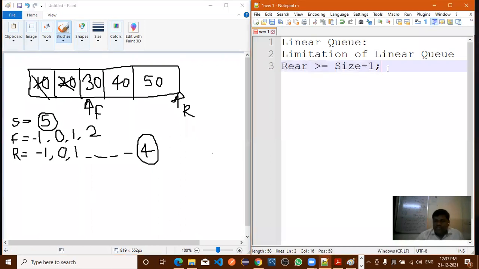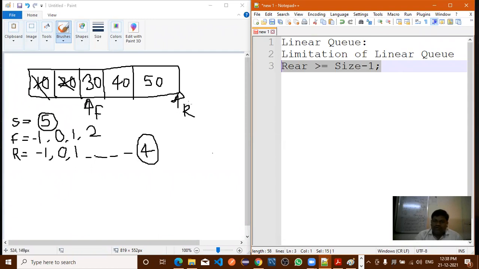Now we are checking whether the queue is full or not. By considering this condition, is the queue full or not? A few elements are gone, so a few spaces are available to insert an element. But by considering these conditions, what are we saying? Q is full. But here 2 spaces are already available. Yes, still we are saying Q is full.